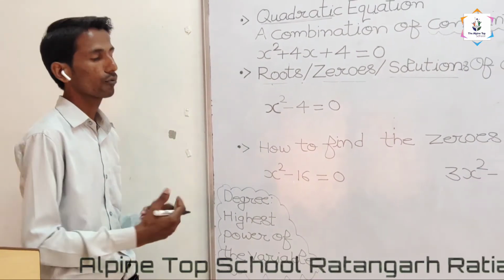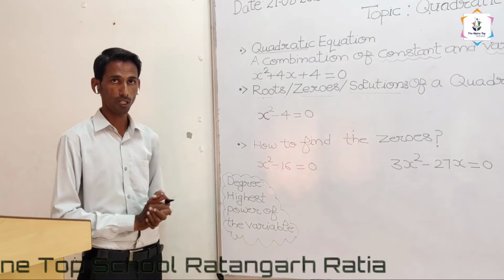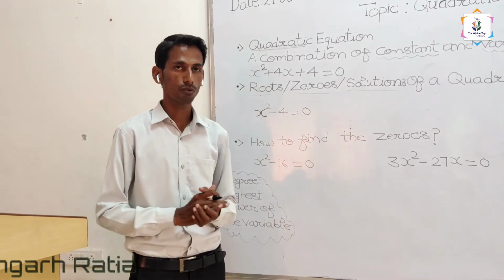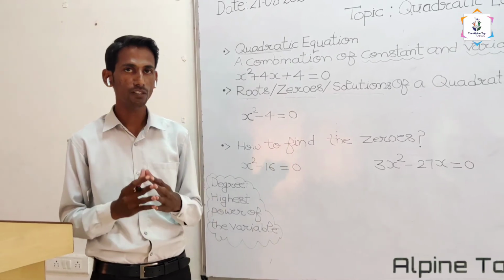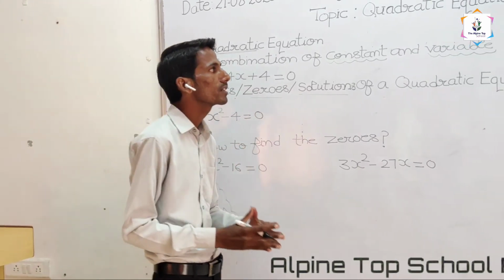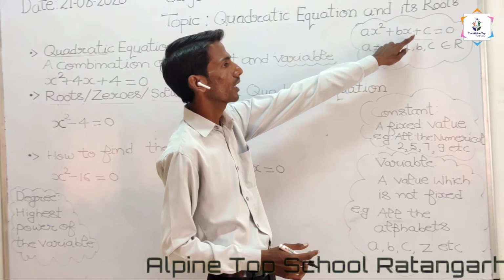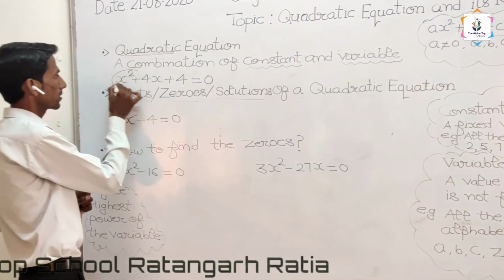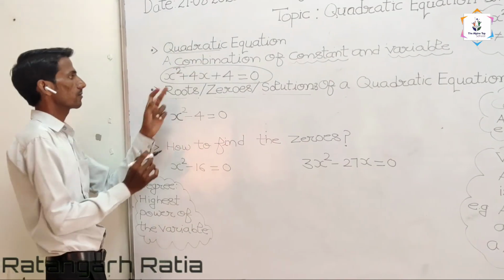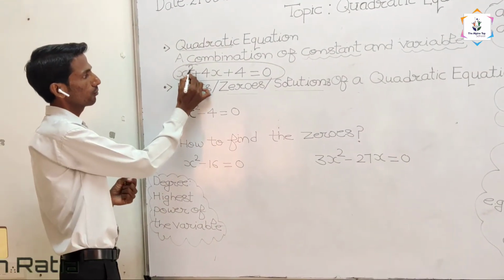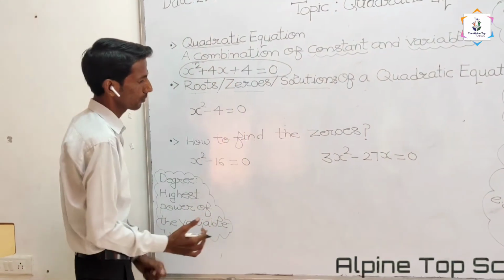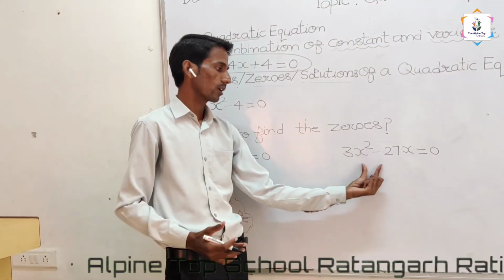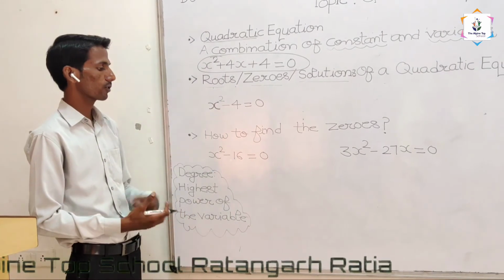Now how to find the zeros of these type of quadratic equation? Dear student, मैं आपको बताना चाहूँगा इस टाइप की जो quadratic equation होंगी जो कि complete form में नहीं होंगी. Complete means जो इस जैसी फॉर्म में नहीं होगी. It means वहां पर वेरिएबल की पावर 2, फिर 1, फिर कांस्टेंट भी होना चाहिए. जो इस जैसी फॉर्म में न होकर कुछ ऐसे होंगे क्वाड्रेटिक इक्वेशन के फॉर्म,